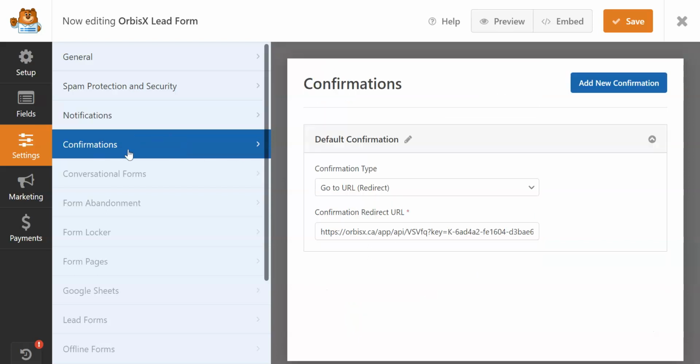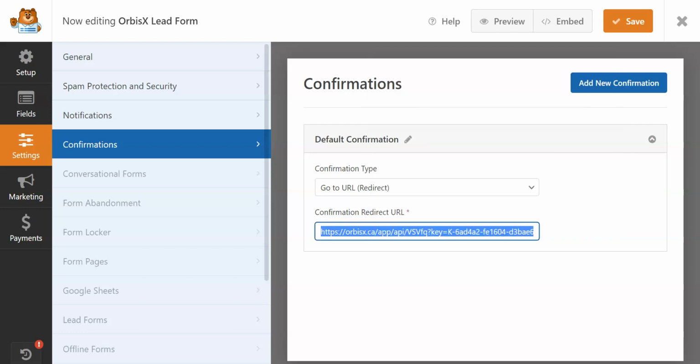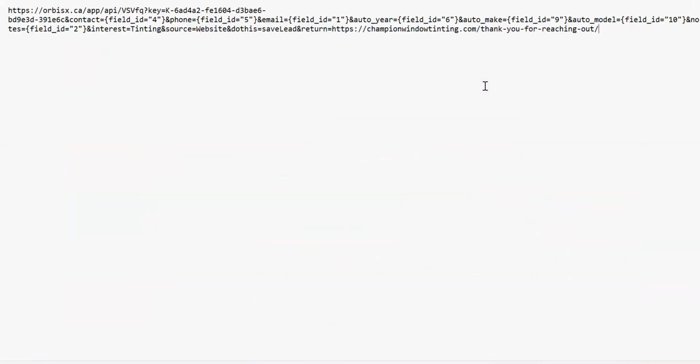But basically under confirmations, this is where the saving to OrbisX happens. So the confirmation type will be go to a URL. And so then I'm going to copy this out of here just so you can see the full thing. I'll put it in Notepad. So let's paste that. I know this looks like a bunch of garbly goop, but it'll make sense in a second. So what's happening here is this is that main, the part that I've highlighted is what I showed you